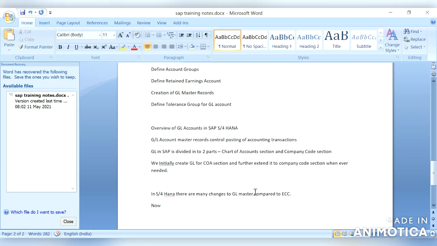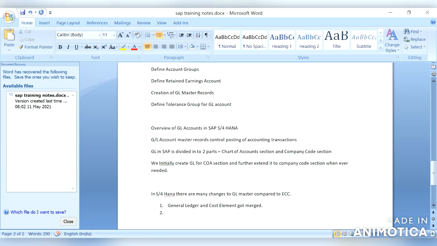So if we compare GL master record with ECC and S/4HANA, there are lots of changes done in SAP S/4HANA. The first one is general ledger and cost element got merged.